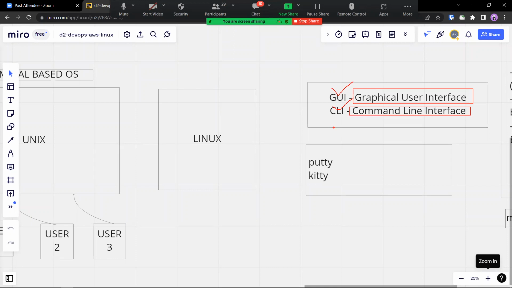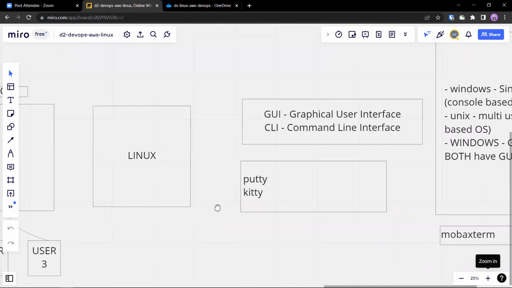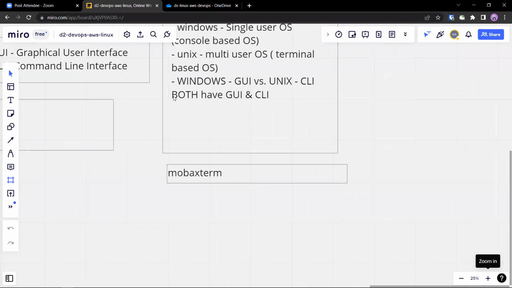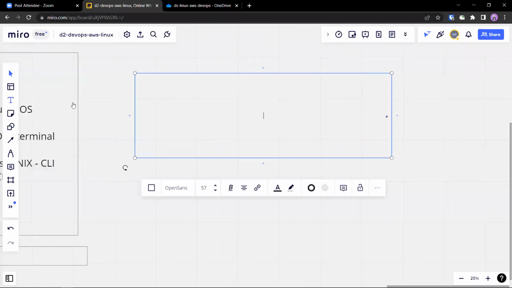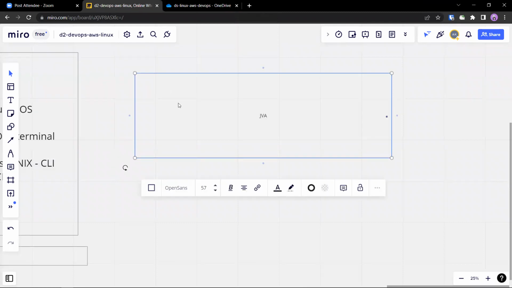Guess it. So we're talking about Java, GUI versus CLI. Java, GUI or CLI? Both? How both?